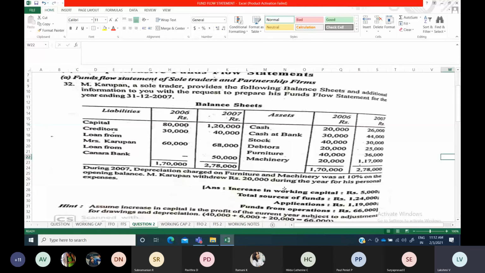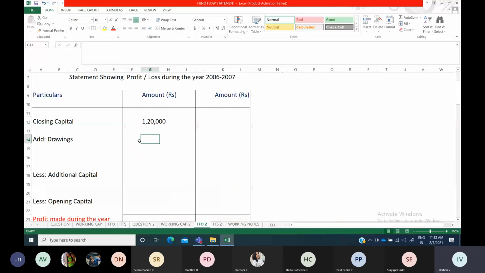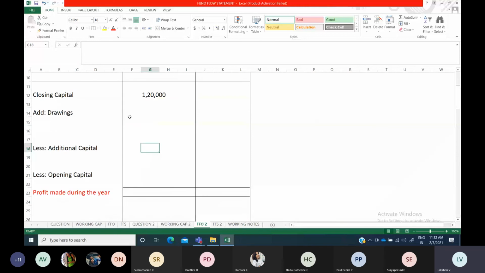Once a sole trader question was asked in your question paper, so I have picked this sum. But drawings was not there in that question. If drawings is not there, no need to worry; you just fill up the items that are there. What is not there, you just show as nil. Only if it is there, you show the amount. Once it was asked in your question paper for a sole trader business to prepare a fund flow statement, so I have taken this model for you.